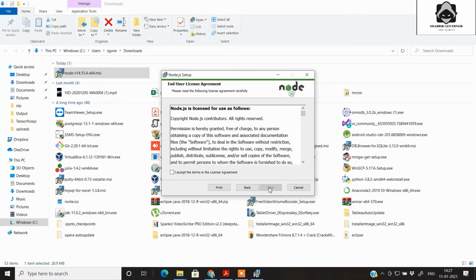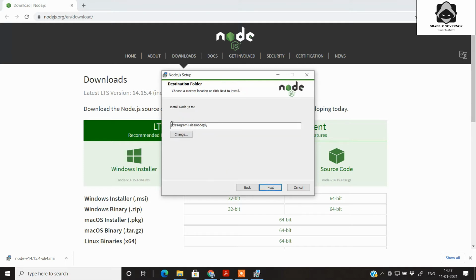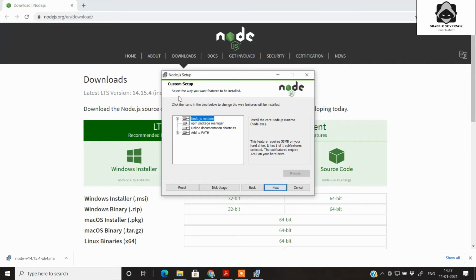Let's click on next, then I accept, next, then I will keep the path as default, next. And these are some other custom things that get installed with the Node.js setup itself. One is Node.js, then you have npm, that is Node Package Manager, which is an awesome tool which you can use to download JavaScript libraries for your applications. And also we want node on our environment variable path, so the option is already here, add to path.